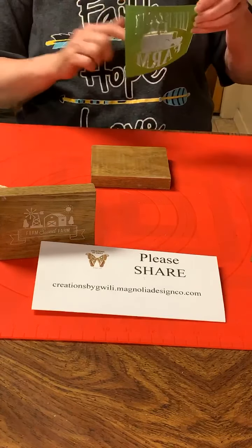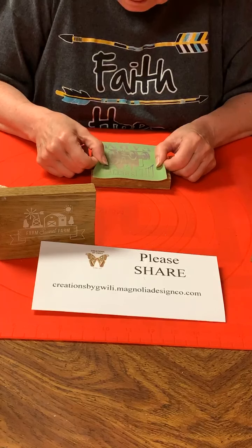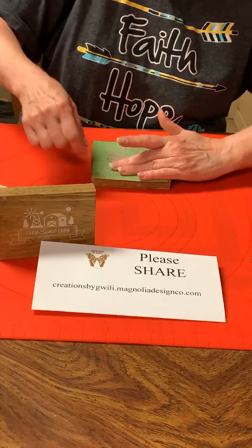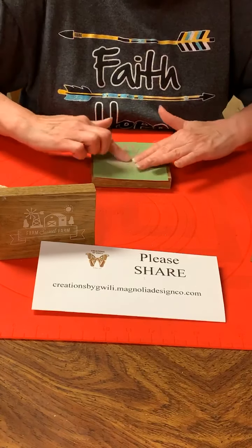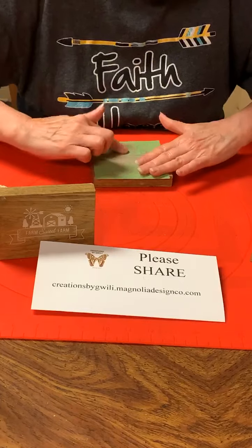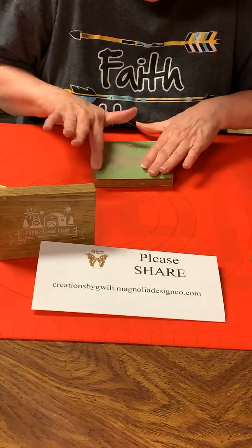Okay, this one, I'm not going to use that bottom farm. I'm going to just do Life is Better right at the top. And I want to get the tractor. And where it says on the. Oops. Make sure there's no bubbles in that so I get a good